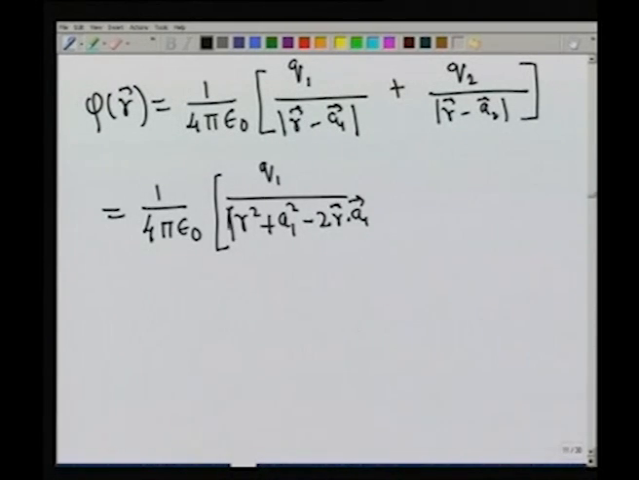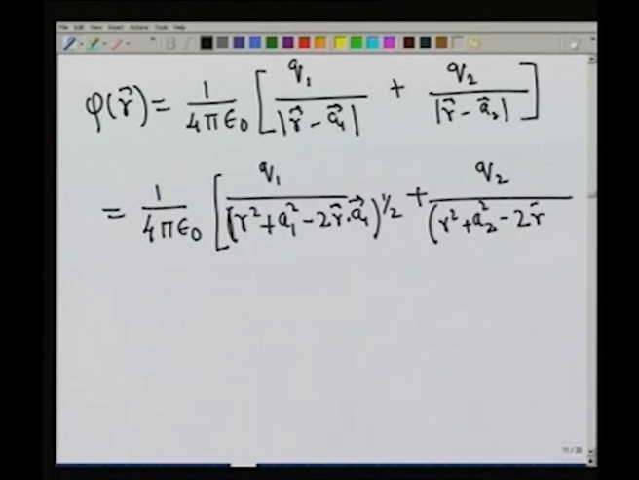Therefore, let me put a factor of half because I am interested in the distance and not in the distance squared, and the next term will be simply given by q2 divided by r squared plus a2 squared minus 2 r dot a2 to the power of half. So let me square. And where are we interested in the solution? We are interested in the limit